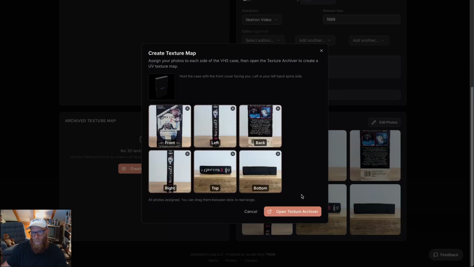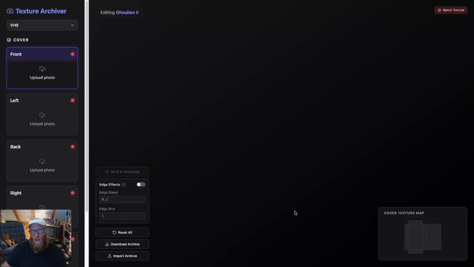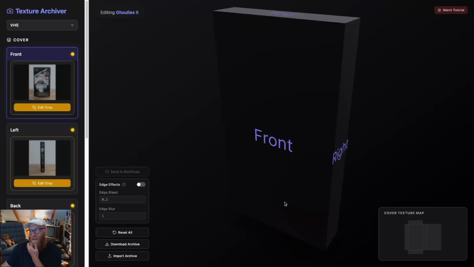I usually skip bottom, but I see lots of other people doing it, so it's pretty cool. You're going to click Open Texture Archiver. Now this is going to open a separate